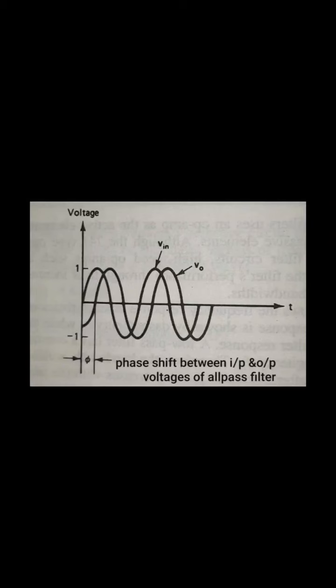Okay, so as we have seen, the actual response curves of these filters in the stop band either decrease or increase or both with increase in frequency. The rate at which the gain of the filter changes in the stop band is determined by the order of the filter. For example, for the first order low pass filter, the gain rolls off at the rate of 20 dB per decade in the stop band, that is for F greater than FH.